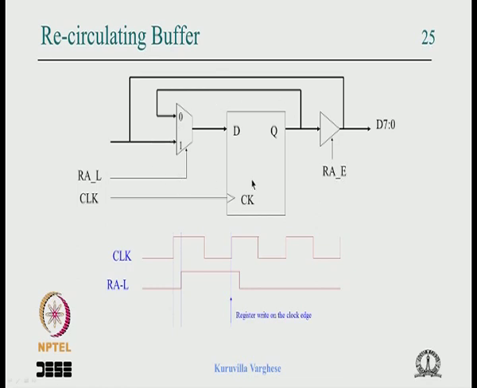Assume a case where the latch signal comes only once in an hour, but unnecessarily this whole thing keeps on switching so many times. Suppose it is 1 gigahertz, for 1 hour nothing happens, but because of the switching, a lot of power is getting dissipated. So the recirculating buffer is timing wise